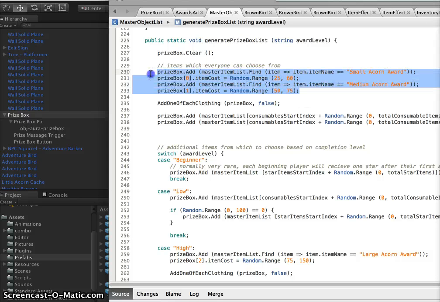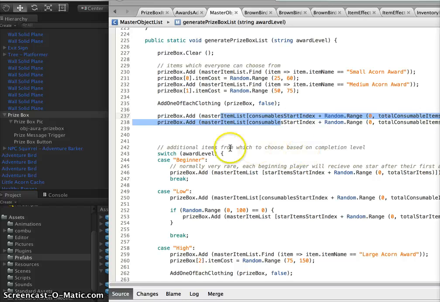Everybody always gets 2 possible acorn prizes, 2 possible sets of clothing, and 2 consumables. Then, based on the award level that's passed to it, if you're a beginner,